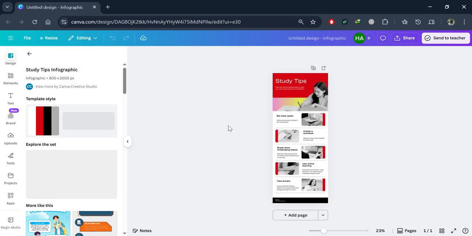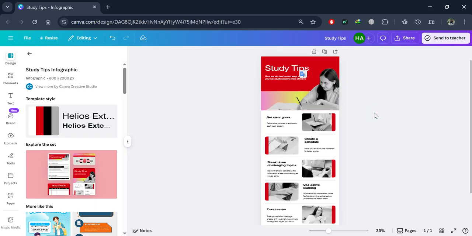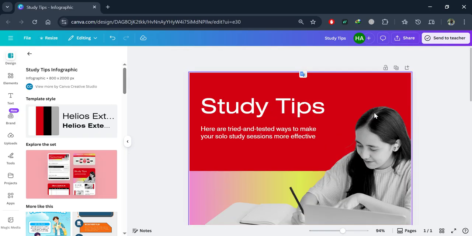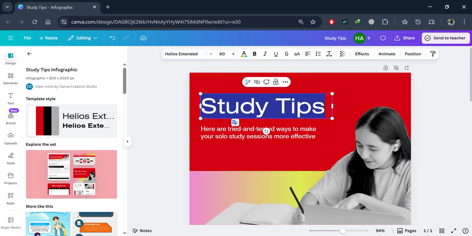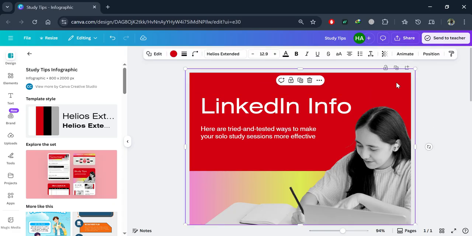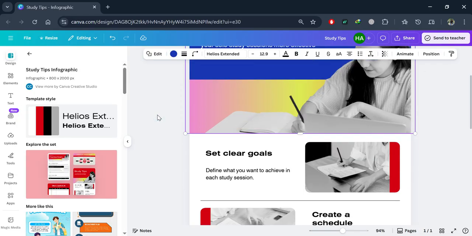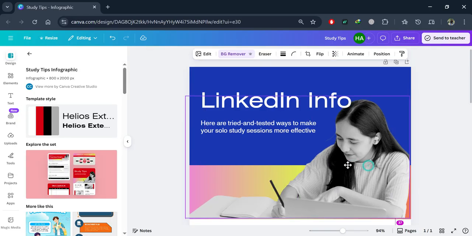As you can see, this is the template that we have selected, and now we can make changes to these templates as well. You just have to simply double tap on it and it will be editable. Okay, so let's zoom in, and here you can do multiple changes, like I do LinkedIn info. Okay, so I have written this. You can simply expand the text to align it. Okay, and you can also change the colors, like let me show you. Let's do this, and that's how you can also add this photo, change the photos.